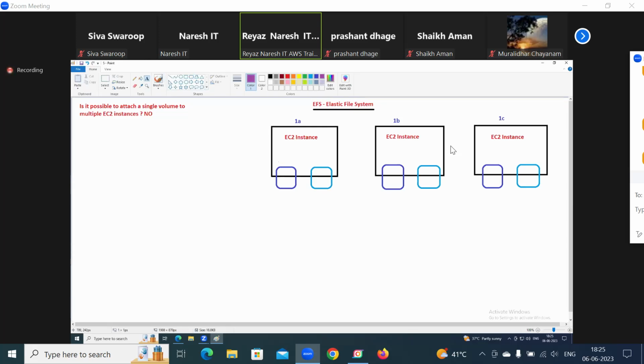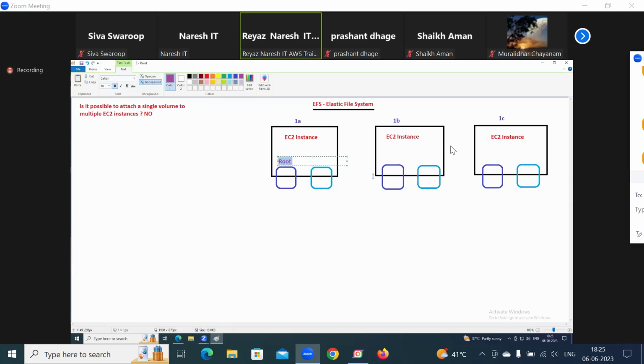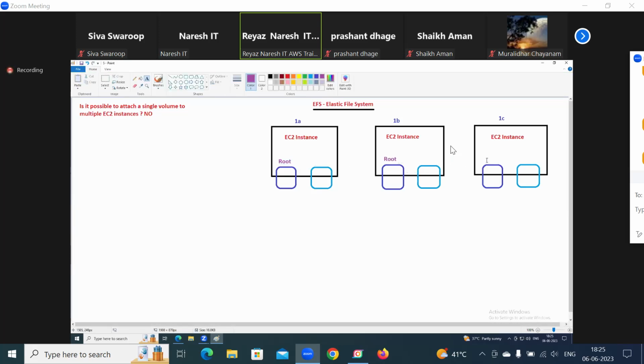Okay. This is the root volume. These are all the root volumes, and the rest are all additional volumes. So now, if I log into this EC2 instance,